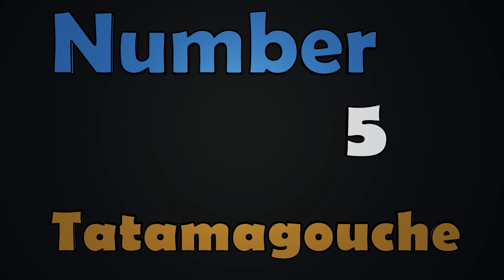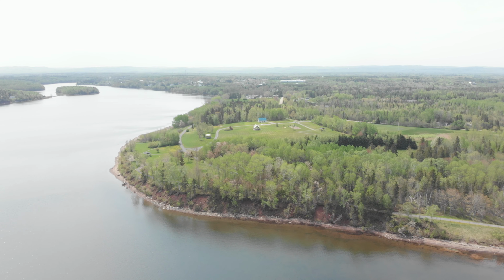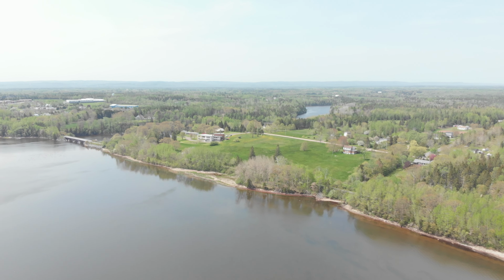Number 5 on the list is going to be Tatamagouche, and the only reason that Tatamagouche isn't a little higher on the list is because it's a village or an area where there's people, and where there's people, you legally cannot fly within 30 meters of people, which complicates things. That said, there's plenty of places that you can easily pull over and get some beautiful views of Tatamagouche, the